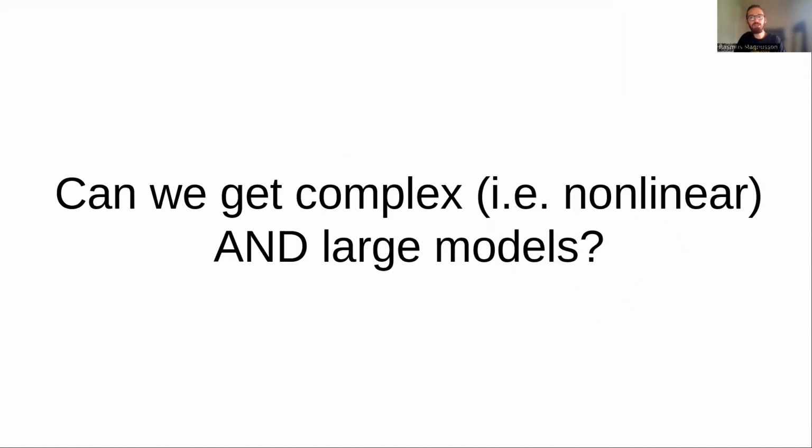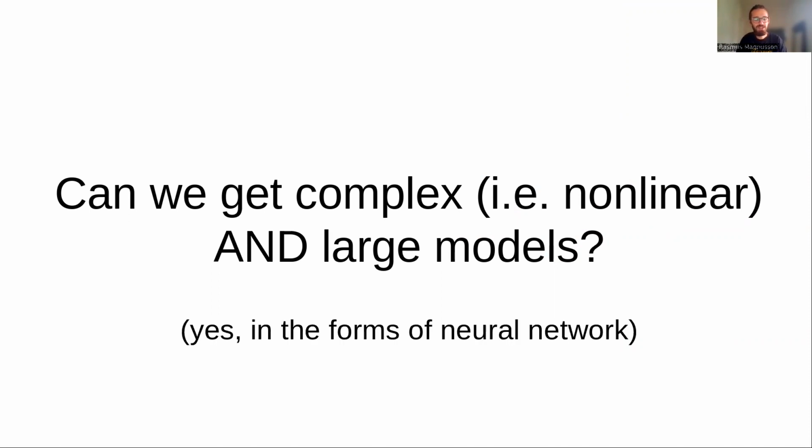So the main question, as I see it, is can we go big in terms of model size, but also have some kind of modeling technique that captures very complex system behavior? And it turns out that neural networks are ideal for this kind of application. And before we go into exactly why they are ideal, I think it would be great to look at the history and how neural networks have come to be the dominant form of modeling or machine learning, I would say, in terms of research outputs today.